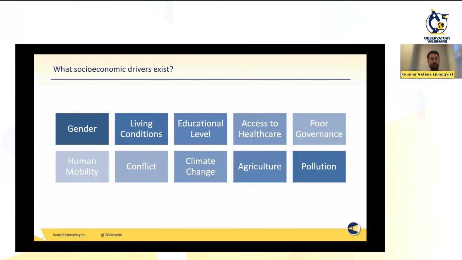So, in doing the above, we identified 10 socioeconomic themes. This list, I should say, is not exhaustive, but rather it reflects the most salient factors that were identified both by the literature review and by the experts in the field. So, going through these briefly, gender reflects the increased rate at which women typically tended to be exposed to AMR,